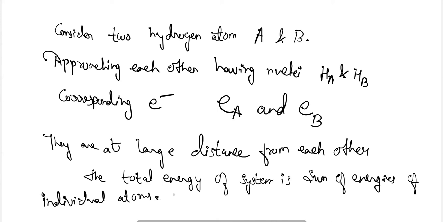Okay, and when these two atoms, that is A and B, come close, a new attraction force will start to prepare there, and a new repulsive force also will start to engage there. Beside the attraction force of the nucleus of one atom to the other, there will be some repulsive force between the electrons also. So what is this attractive force?